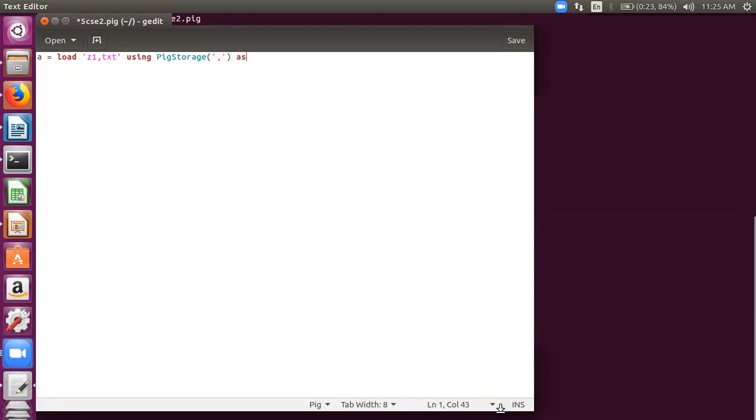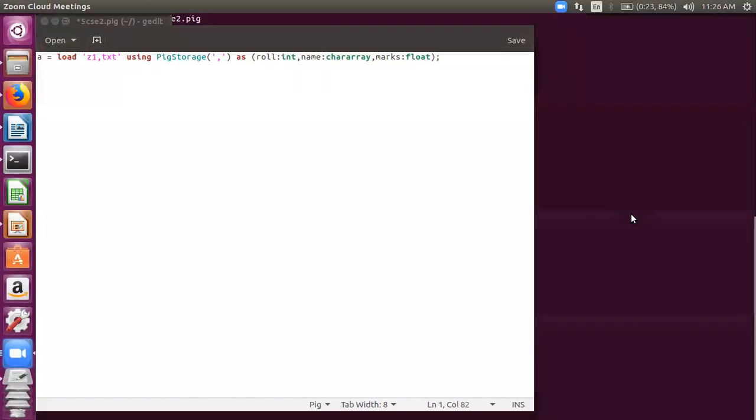Comma as. Shaurya, you want to say something? Your hand is raised. Yes, go ahead. As, name chararray, comma, marks float. I think it's all good. And then semicolon. Money is also raising a hand.